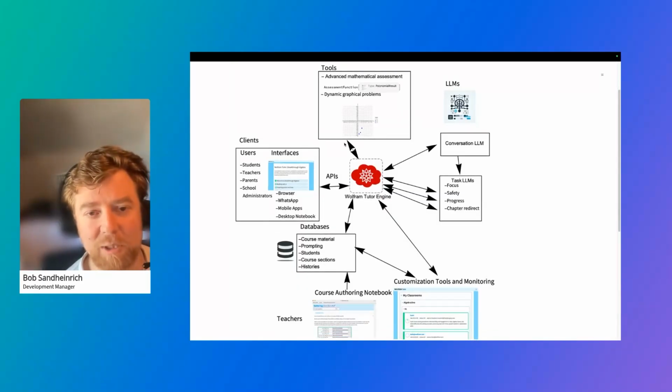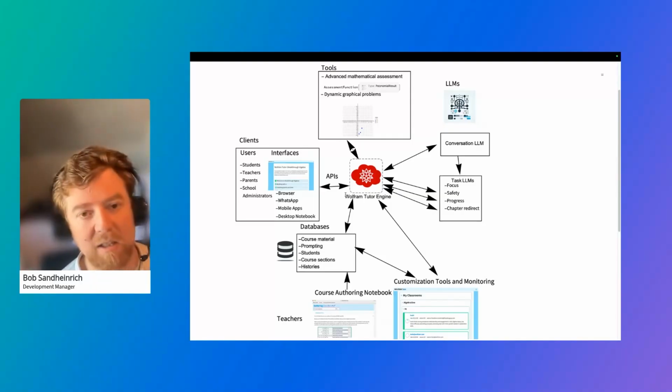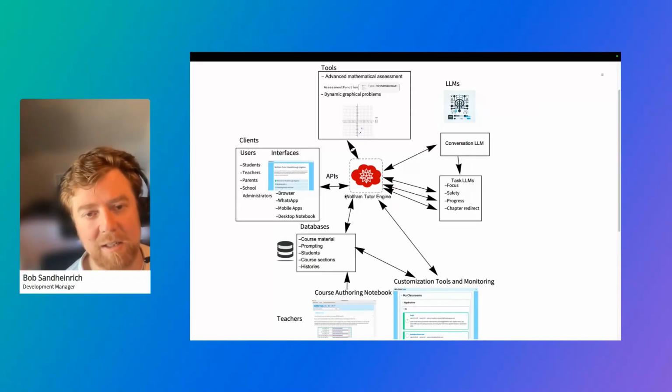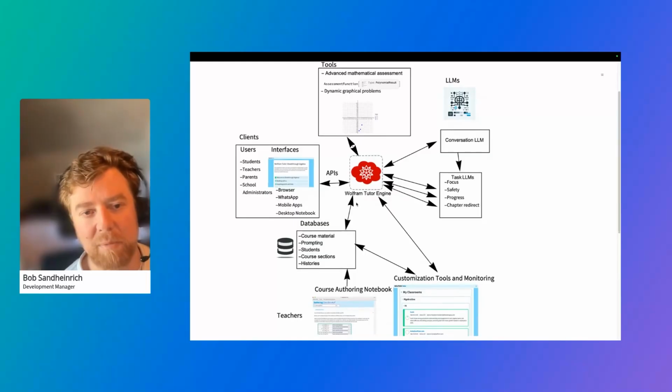I'm not going to dive into too much, but the point of it is in the center, we have what we're calling the tutor engine, which is a Wolfram cloud, just like the Wolfram cloud that hopefully you've used, but it's a private version of it on its own server with its own domain. And it also has installed on it a packlet of code, just like a packlet that you might use in desktop Mathematica. It has functions in it, and those functions are each exported as an API